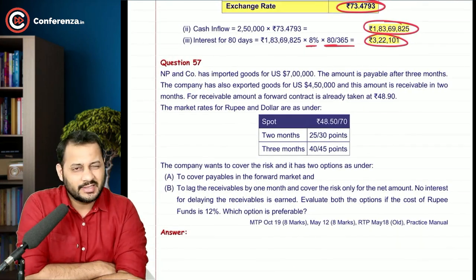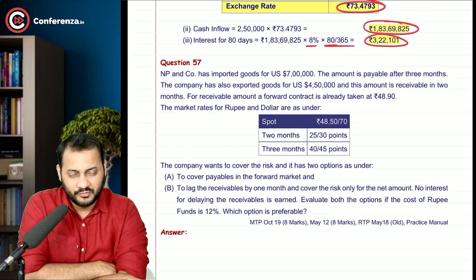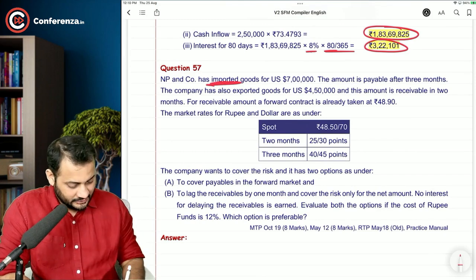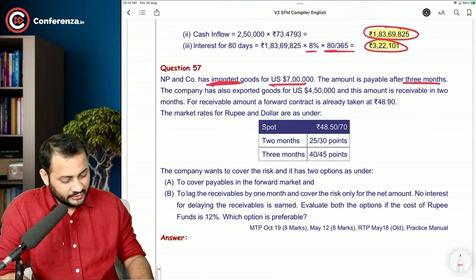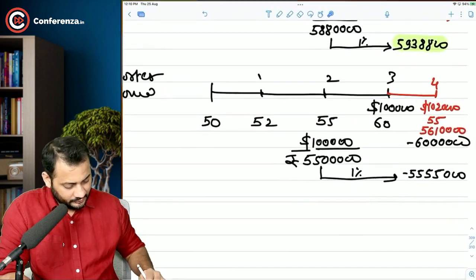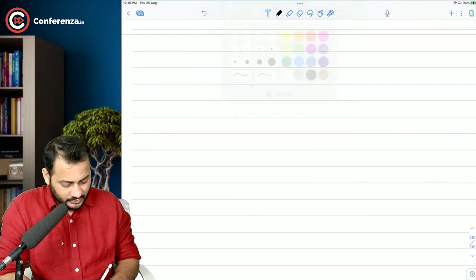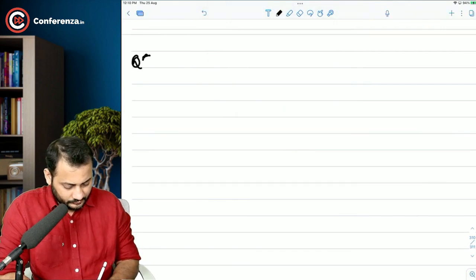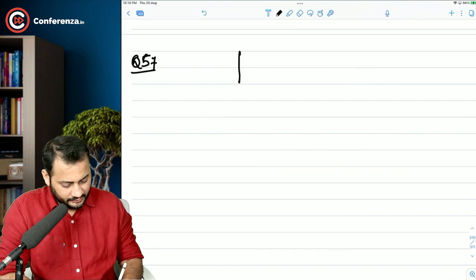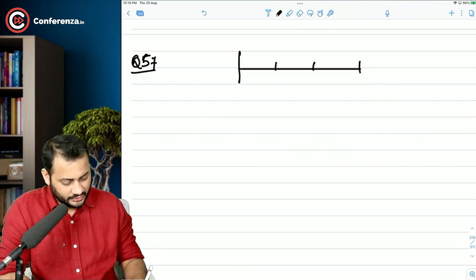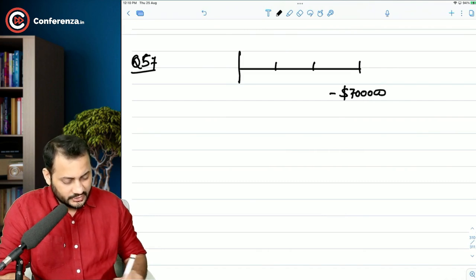This is the first question. Let's have a look on this. NP and company has imported goods for US $7 lakh. Now understand that you are an importer for $7 lakh. The amount is payable after 3 months. So let's try putting this on the timeline, because it will be easier for us to understand. 1, 2 and 3. So at the end of 3 months we have to make the payment of $7 lakh,